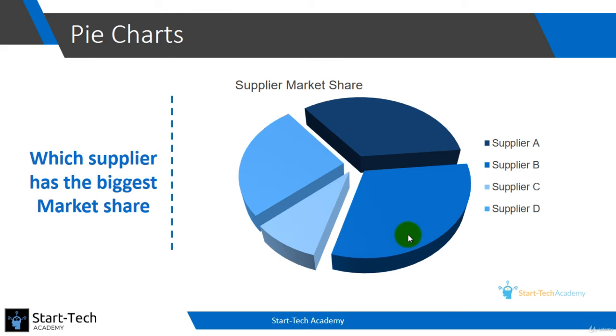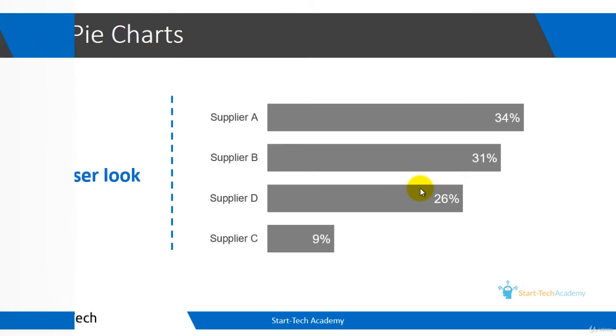Also, maybe by using data labels you could identify which is bigger, but this bar chart is making it very easy for our eyes to compare the endpoints. So it is making it helpful to not just find out which segment is the largest, but also how incrementally larger each segment is from the other.